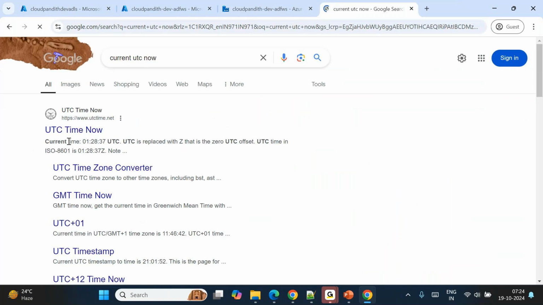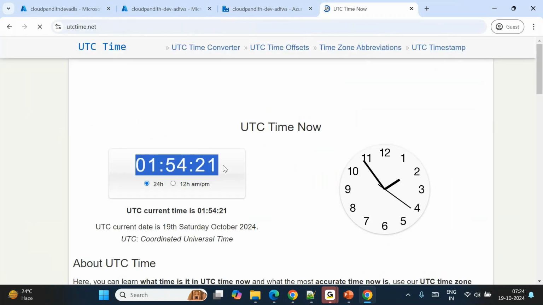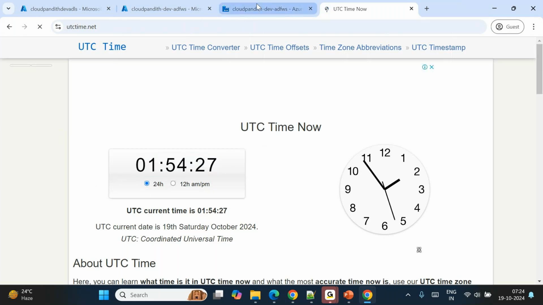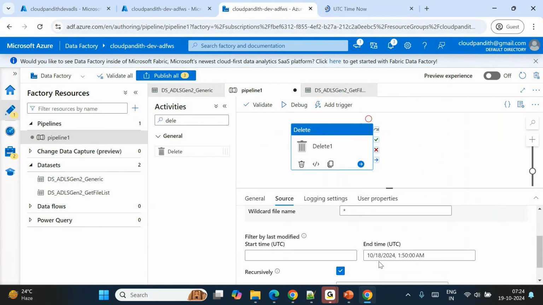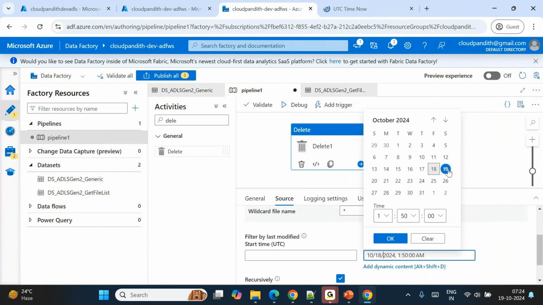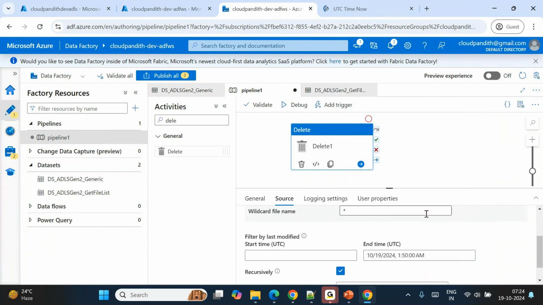The UTC time now is 1:54. What I want is the files which were uploaded before 1:50, before 1 o'clock 50 minutes. If I say 1:50, today is the 19th, right? So the files which were uploaded before 1:50, because there is no start